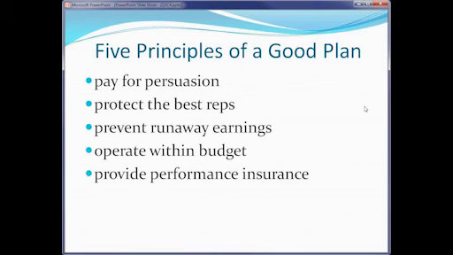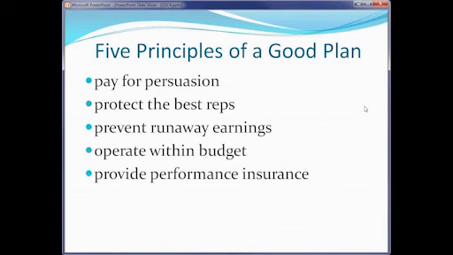The third element that is very important is the plan should operate within the budget. And one of the issues that people run into when they put together plans and can't test them properly is that they may wind up rewarding people in places where they maybe shouldn't, and they may wind up with a situation where the plan costs the company more than was anticipated, and it can deeply affect the profitability of a wholesale distribution company. When you think that nominal companies run at a 3 to 4% NBT, that means only 3 to 4 cents of every dollar that comes in as revenue makes it to the bottom line.